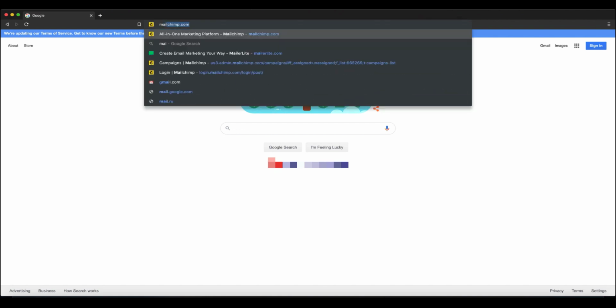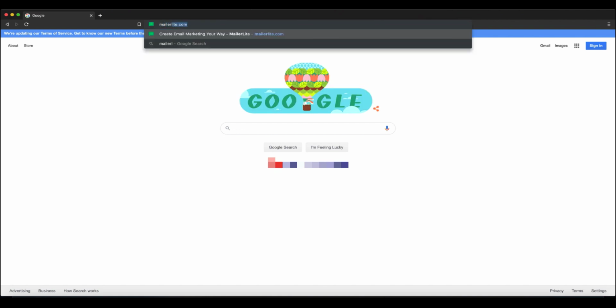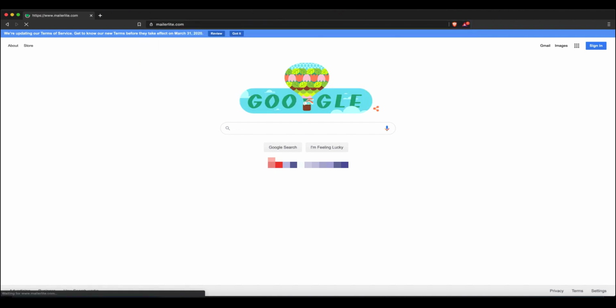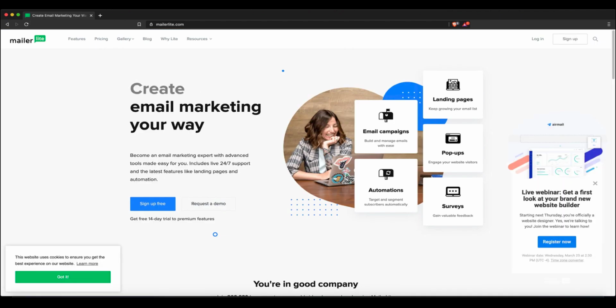So what we're going to do is just go over to Mailerlite.com. And as soon as you get to this page, you can sign up for free, and you do get a free 14-day trial to try the premium features. And you can also request a demo. You won't need a demo because I'm going to pretty much cover everything that you need to get started